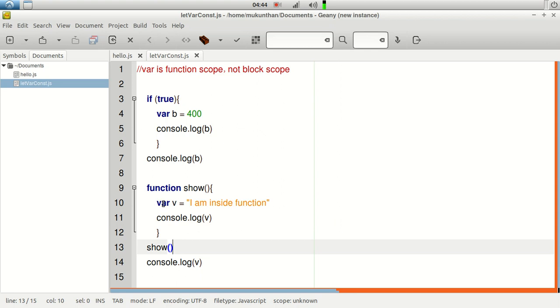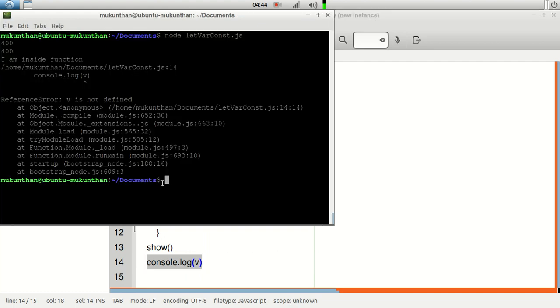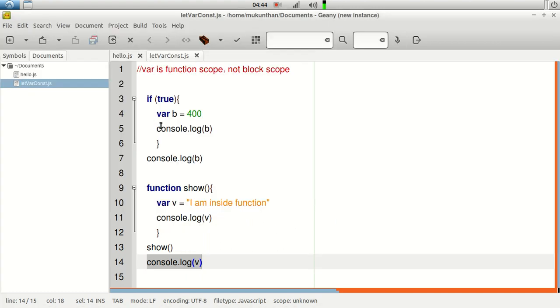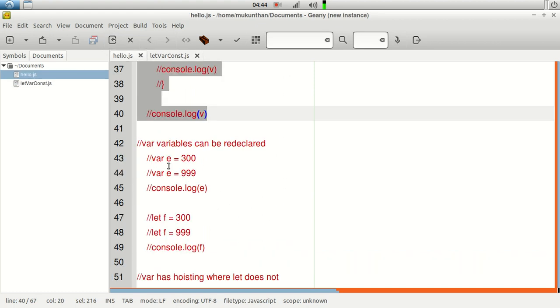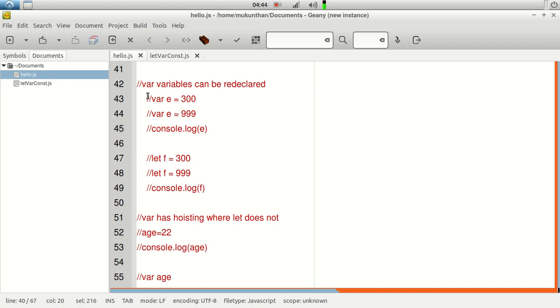Inside the function we have the var keyword, which will make this variable only inside the scope of the function. When you try to access it from the outside, you will get the error. So because of this confusion, we always use the let keyword. So let is the block scope, which means that it will consider all the braces. Wherever you declare some variable inside the braces, it will be only inside the block scope. We are going to see the next one.